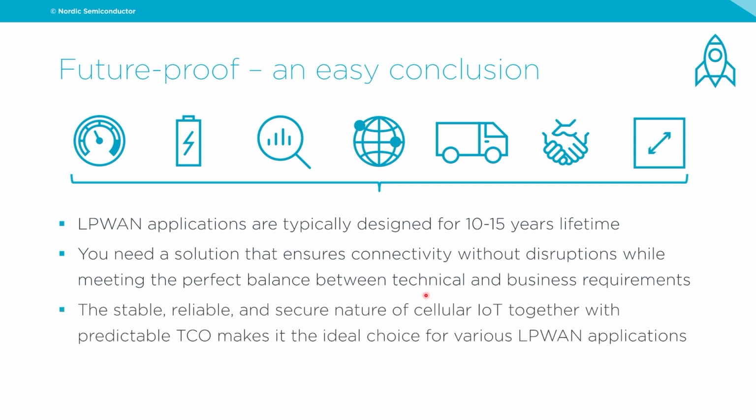And Cellular IoT has a history of reliability and stability, and the security piece is really important. It makes for a more predictable total cost of ownership, because you know the cost of the hardware. You can better estimate the cost of development because you abstract the connectivity away and focus on your application. With subscriptions, you know how much you're going to pay because you don't need to worry about infrastructure. And of course, on the maintenance side, if you can do things remotely, it will also make that calculation a lot easier.